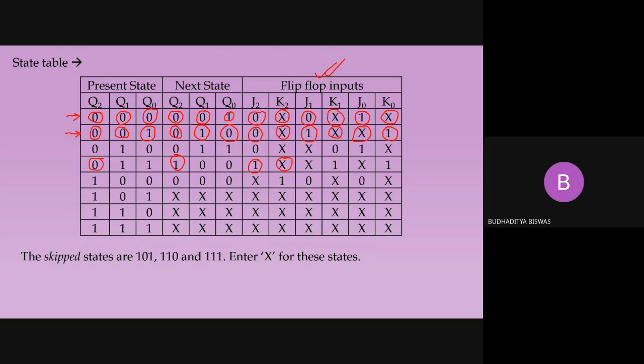These things are very easy. Finding out the present state comes from how many flip-flops there are, so what will be the possible combinations. Next state is also very easy from the state diagram. But from the present state, next state transition, how to fill out the flip-flop input, that requires a little bit of time and concentration also. It's not very tough. It's easy, but a little bit of concentration is required. Because if you want to hurry up, and you make a mistake in any one of the fields, then everything will be erroneous. And come to the last 3 rows, like this one.